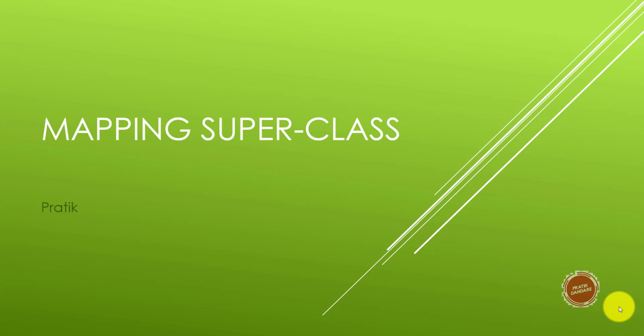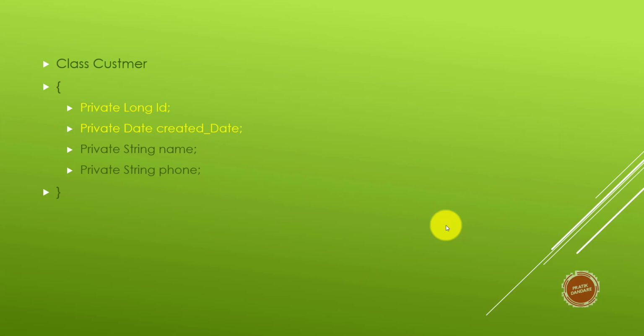So in this video we are looking into how to map a superclass, or how to use a mechanism to map a superclass. Basically, we have a number of classes, and they have some common fields like ID. Each and every class has the ID field in common. In the last video we looked into the created date. We can add that functionality to each and every class, so it should be common for all the classes. In this scenario, look at this example.